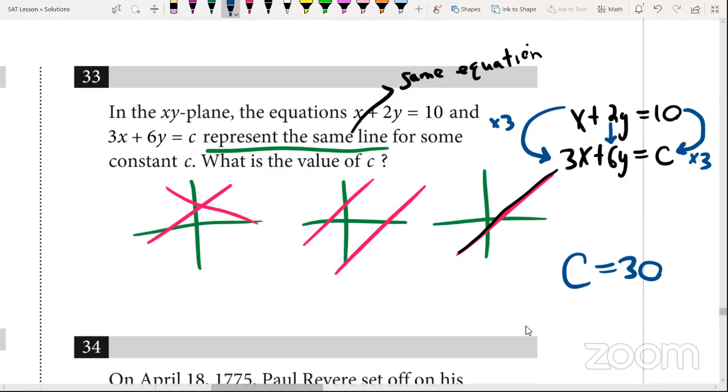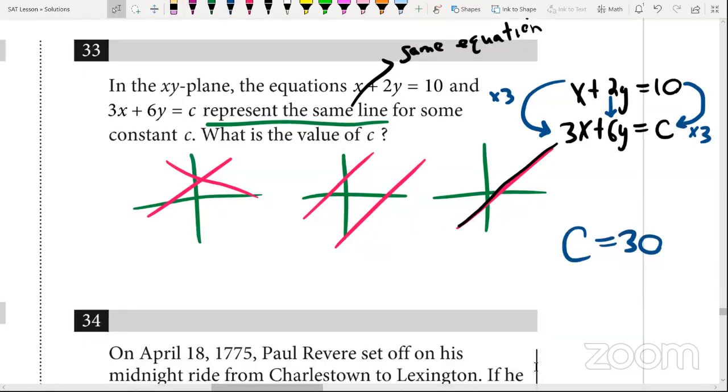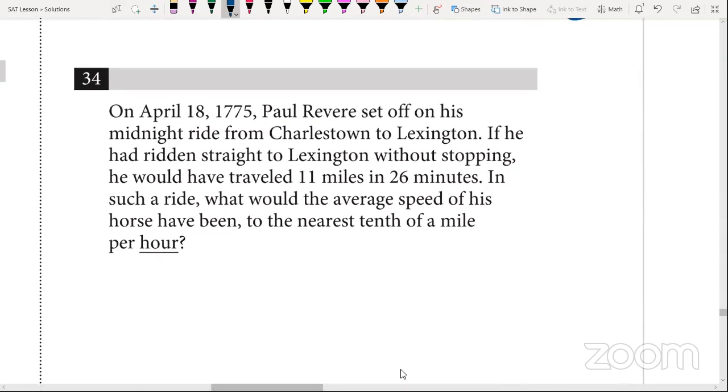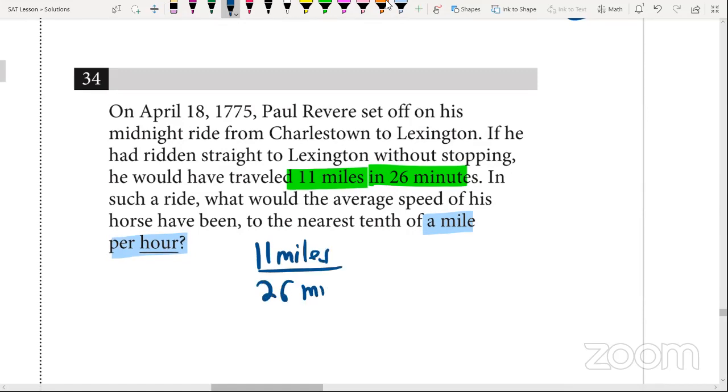Now we're going over to question 34. Okay, so here they said, going straight, he would have traveled 11 miles in 26 minutes, but they're asking us to convert it to miles per hour. So 11 miles in 26 minutes,